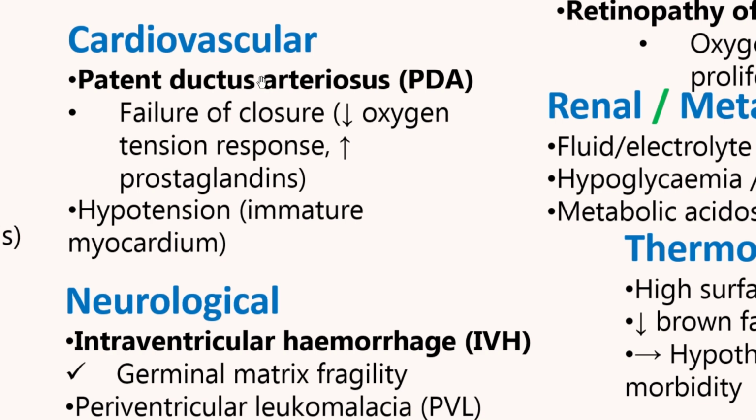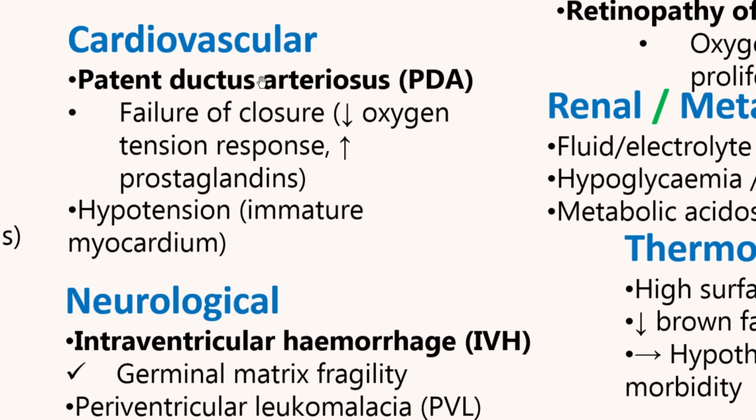But the blood is going to take a detour. It's going to take a shortcut. It's going to pass through the ductus arteriosus and enter into the aorta. And when it enters into the aorta, the baby is going to have deoxygenated blood saturating around the body, and the cycle is going to continue until this fetus dies.